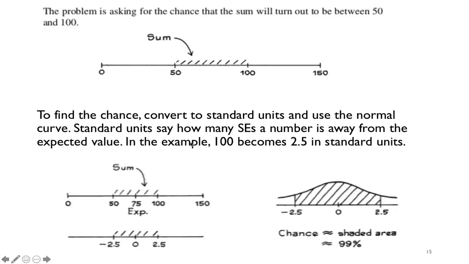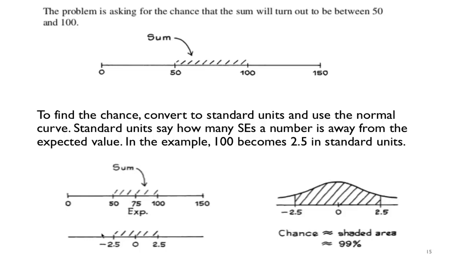And so seeing the expected value is 75, 50 is 2.5 SE away from 75, and 100 is 2.5 SE away from 75 on the right side. Again, converting these into standard units means that we. So for example, how do I get negative 2.5? It's 50 minus 75 divided by